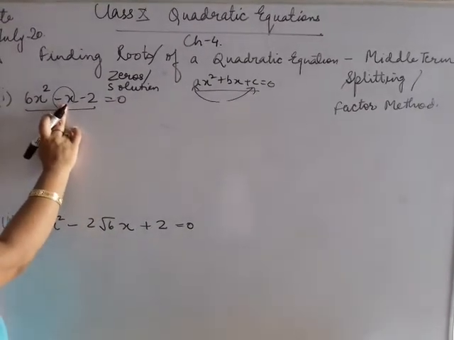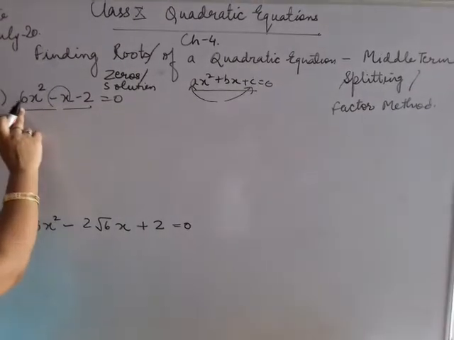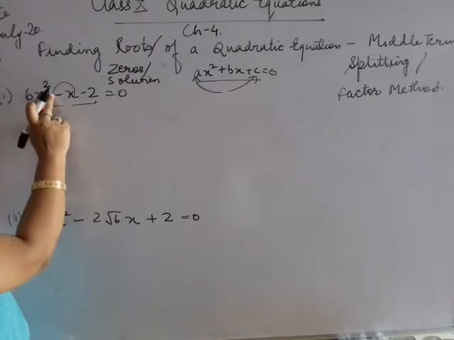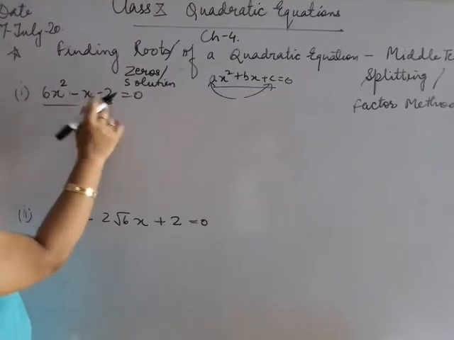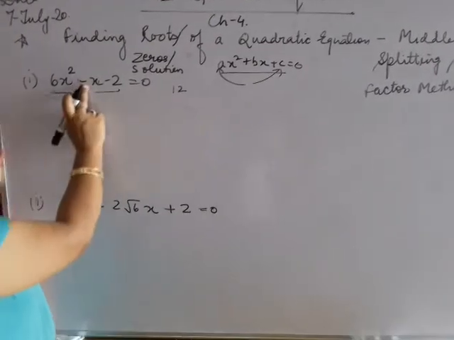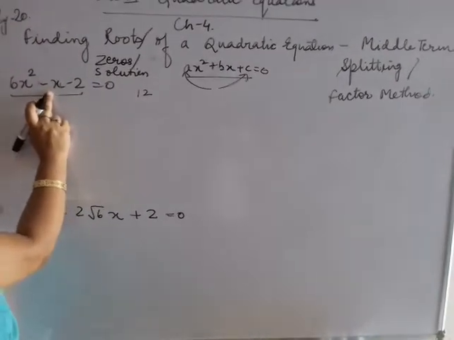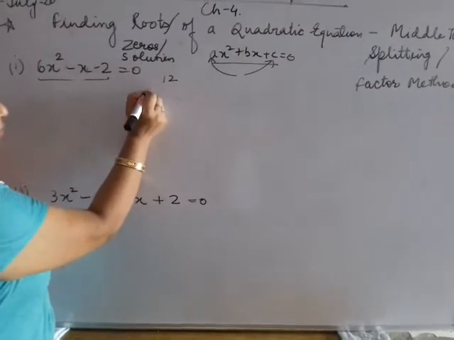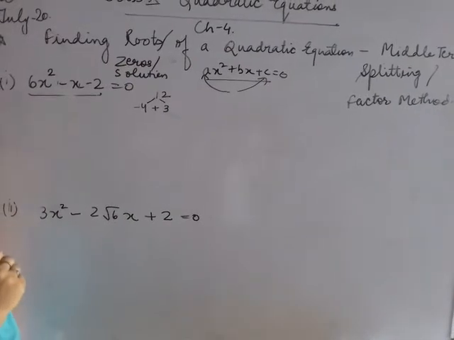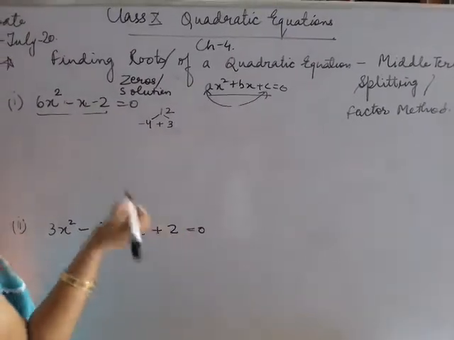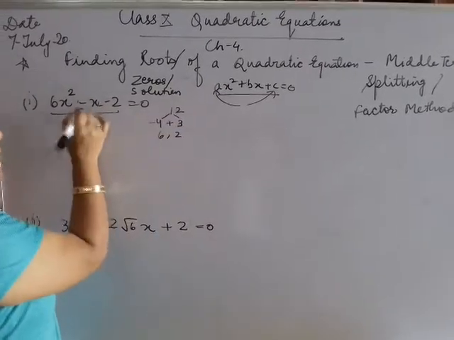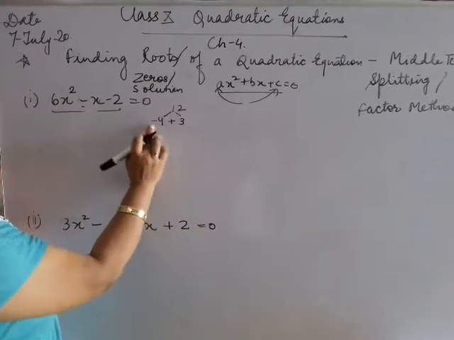We have to express this middle term as the product of a and c, or subtraction or addition of b. Now here we have 6 into 2, 12. If we multiply the terms, we should get 12, and if we subtract the terms, we should have minus 1. That is only possible with minus 4 plus 3, because the factors of 12 are 3 and 4. 6 and 2 are also factors, but if we subtract or add 6 or 2, we will not get minus 1. It is only possible with minus 4 and plus 3.